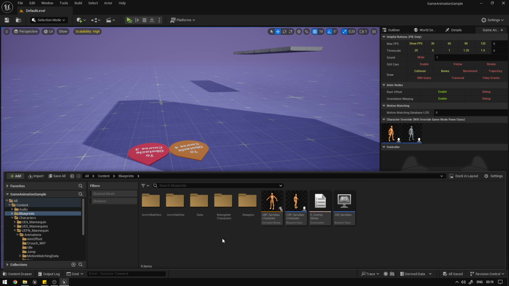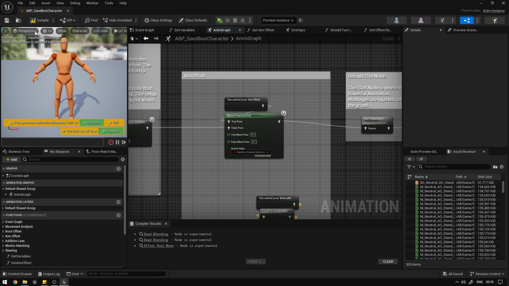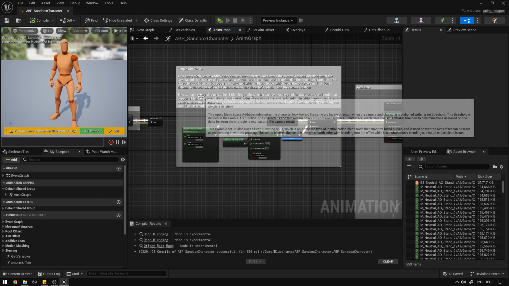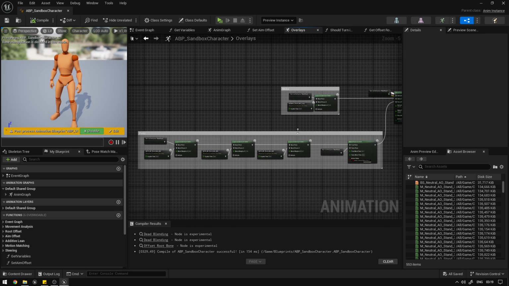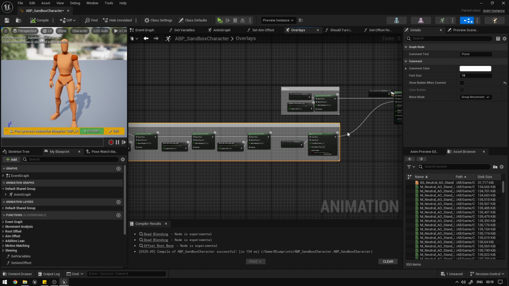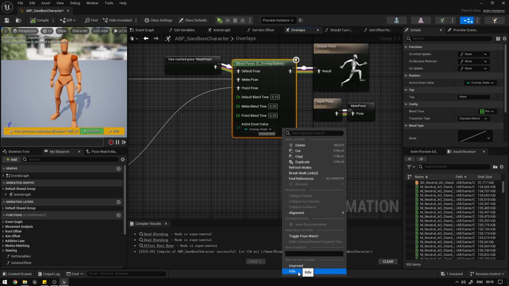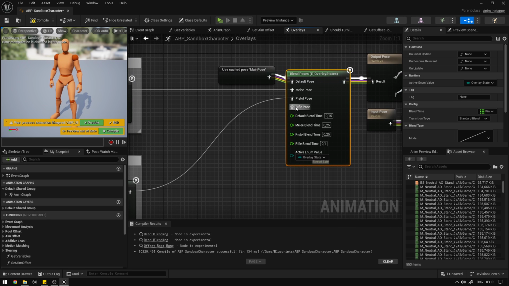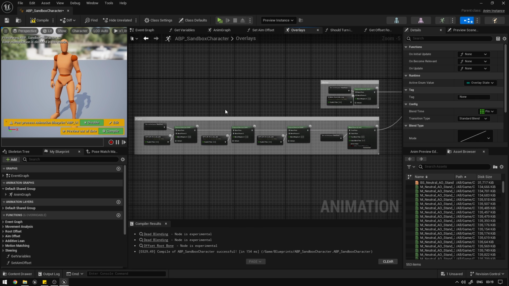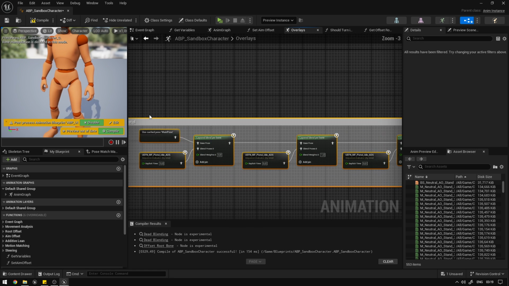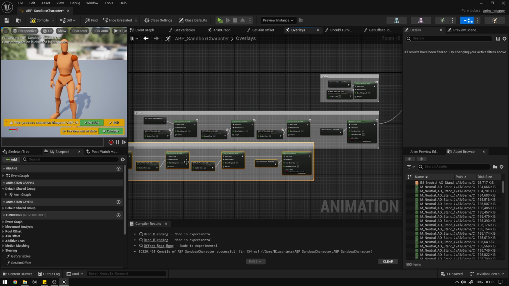So contents, blueprints, the animation blueprint. Let's go to the animation graph over here. Let's go to the overlays that we created before. And we can just move this here a little bit. Over here, we're going to expose our rifle overlay like this. Now we can connect things here. And essentially, we're just going to use the same layers that we use for the pistol to apply to the rifle. So we can copy this and paste right here,